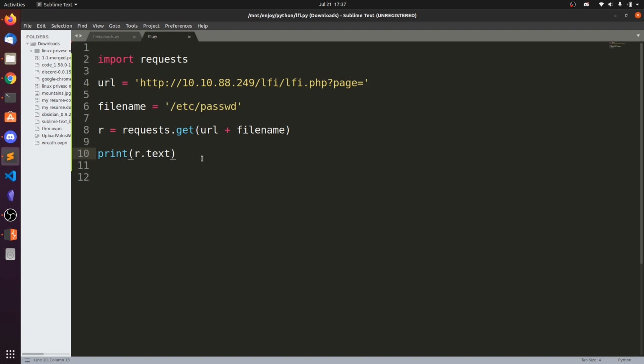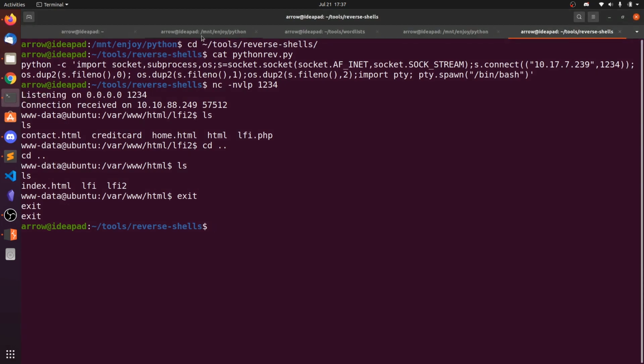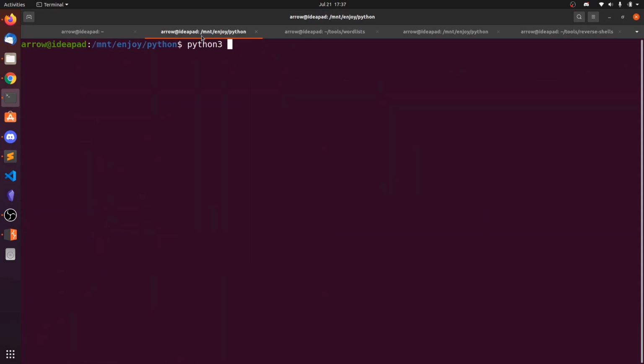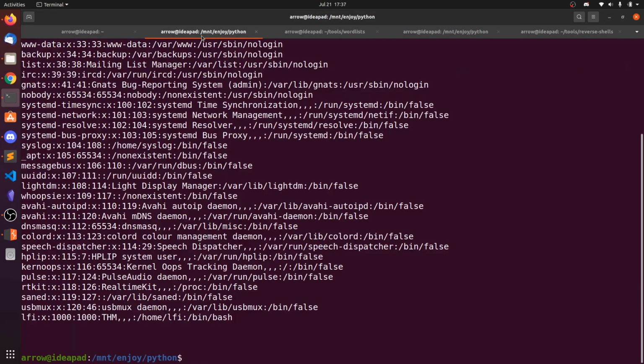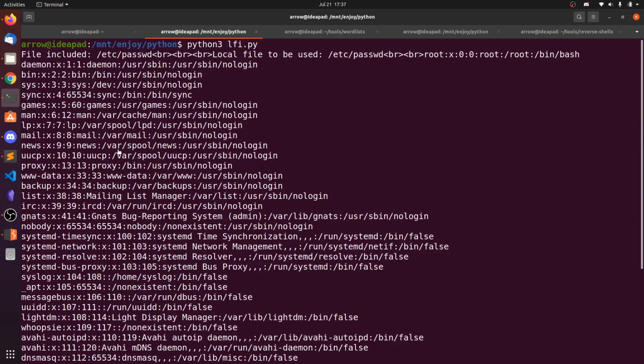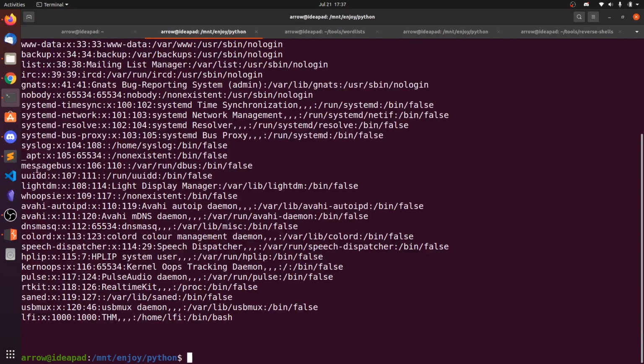So print r.text. This is a very simple script. Let's go and execute, and you can see we got the data. The same output you can see in the web browser.